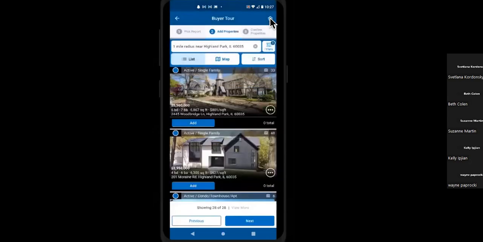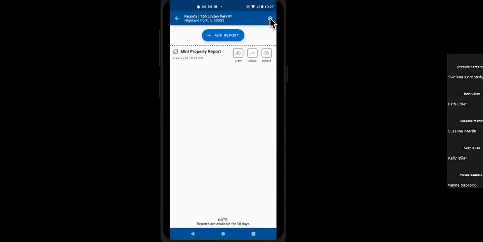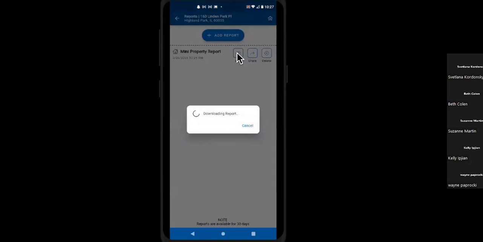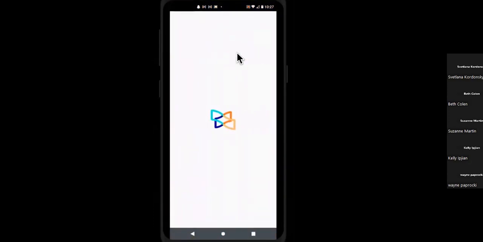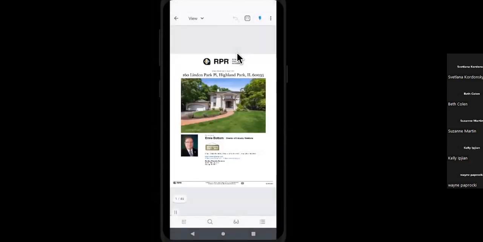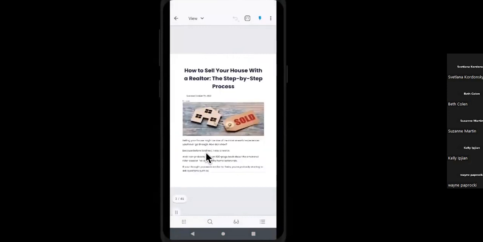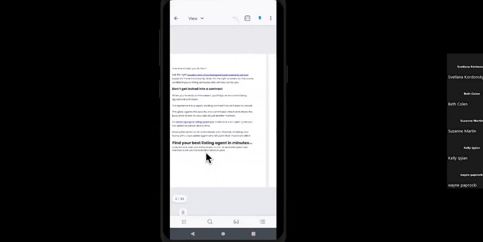All right, so let's look at the report that we generated, the mini property report. I've got a view button there, and it's going to open my PDF reader on my phone and say, there's my report. Again, you can see it's got the nice branding on it, and I can just scroll through. So here's where I added that sell your home with a realtor, and you can see this is a multi-page